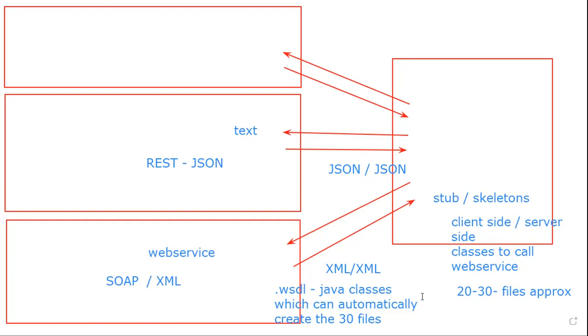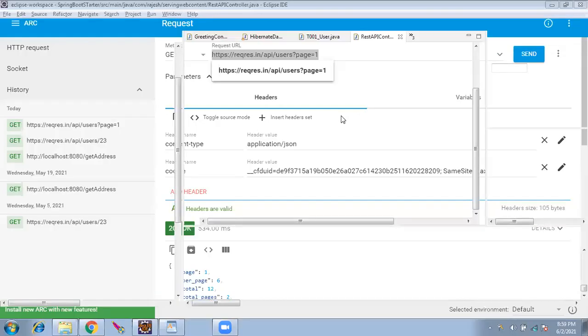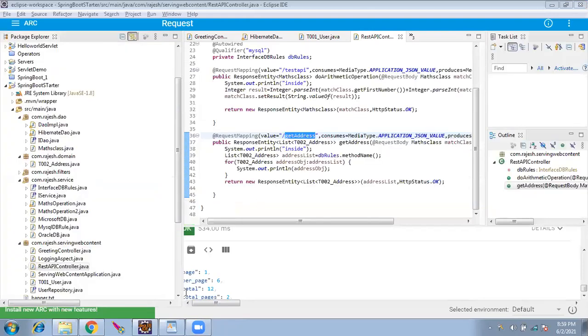And one more thing, Rajesh, where we are using REST and where we are using web depends purely on the customer. If you are opening a company and you want to expose your data, you can decide you want to go with REST or web. There is no hard and fast rule on which areas you have to go with web and REST. It's entirely up to you. People now prefer REST.